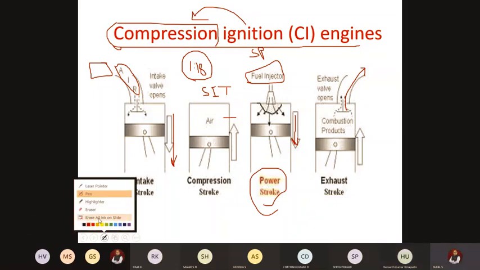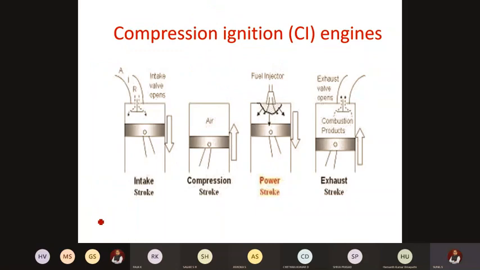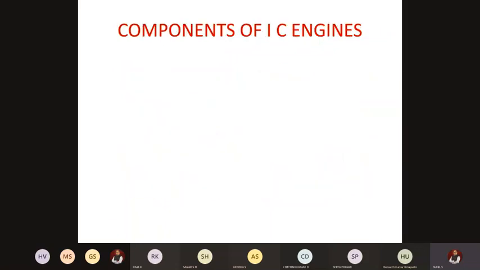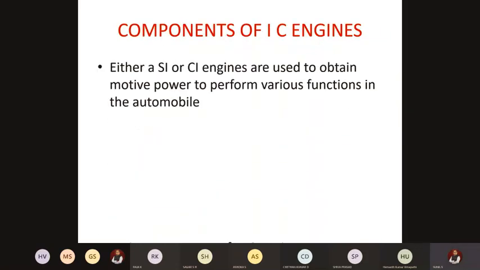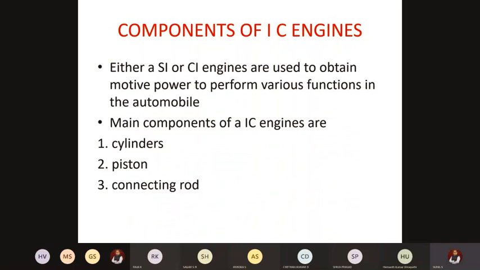So this is regarding the working of a diesel engine. This is the most basic concept. In this module, we will be studying in detail the various components of an engine. Before starting, we will be using the terms CI and SI here and there. We have discussed the operation principle of SI and CI engines, so that you are familiar with that. Now next, components of an IC engine.